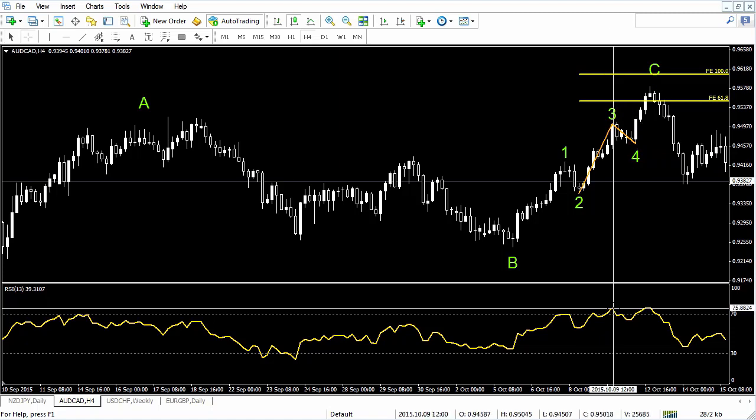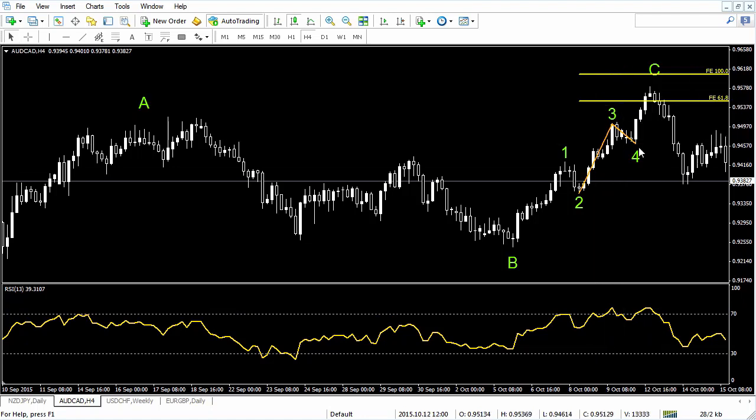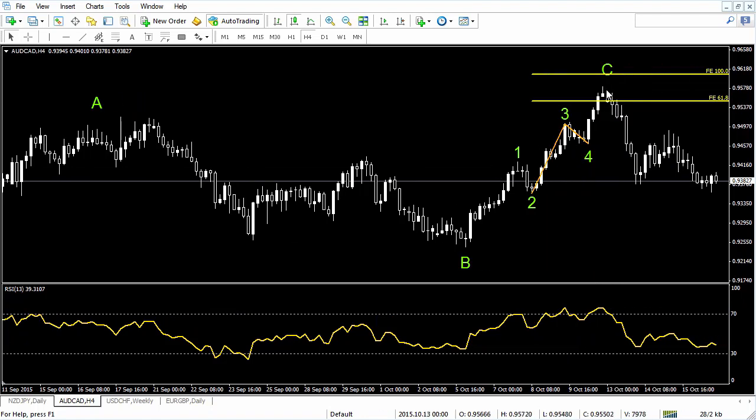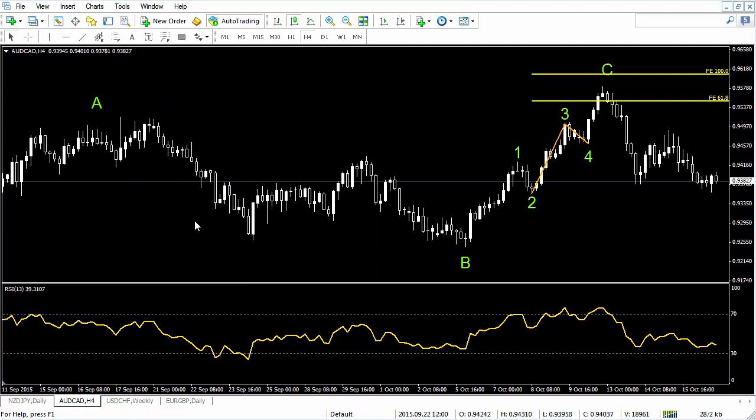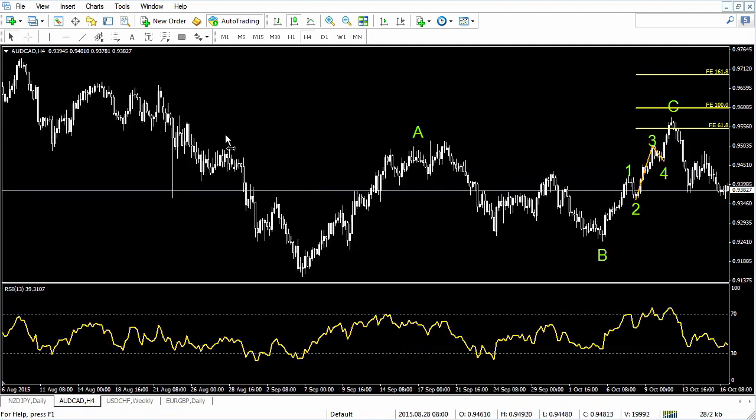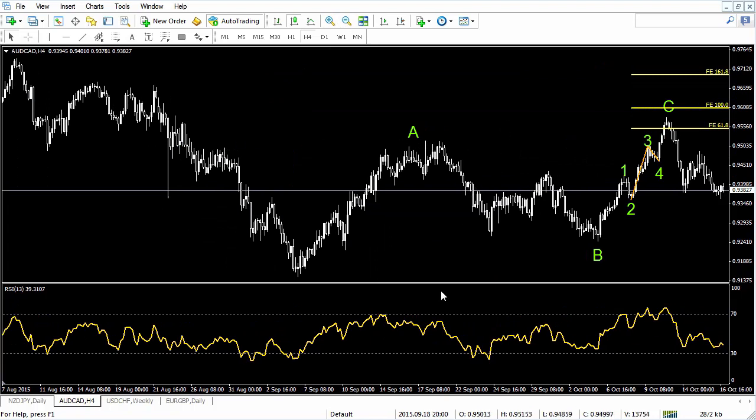Plus also there is some sort of divergence over here, and that tells me one thing, that this correction should be over. Also we should go and check everything, but over here I see a three-wave move already in the wave B, so I don't need that part too much to check. And over here I see in the wave A a nice divergence, and that also tells me that this looks like some sort of a